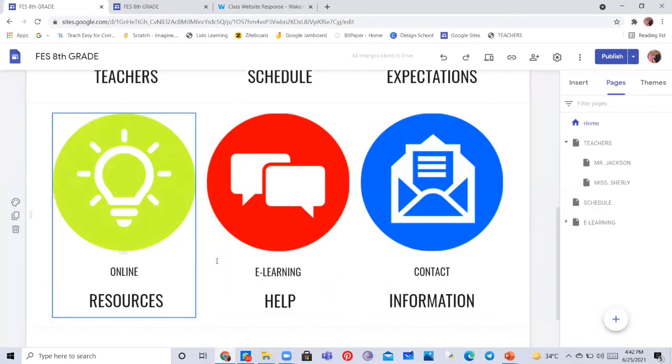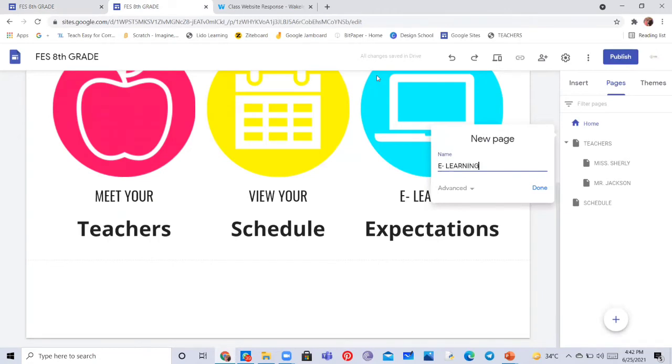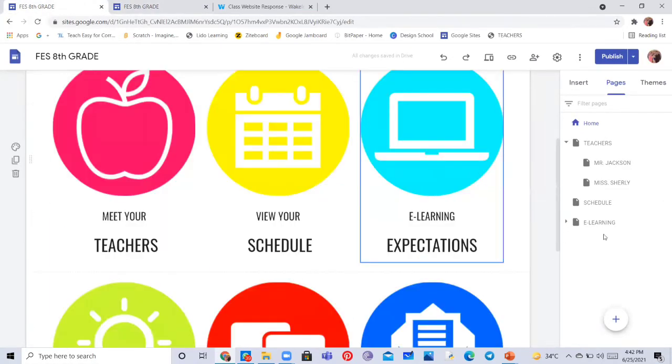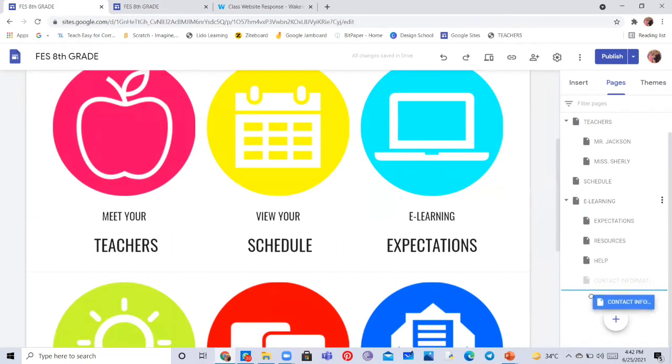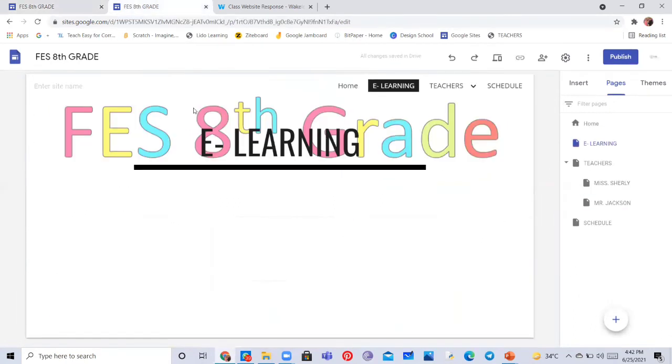So I found them under one category, e-learning. So we are going to create just one page, which is going to be e-learning. But what we are going to do is link e-learning expectations, e-learning resources, and e-learning help separately with their sub-pages. Like here we have created expectations, resources, help sub-pages. So we are going to link them differently.